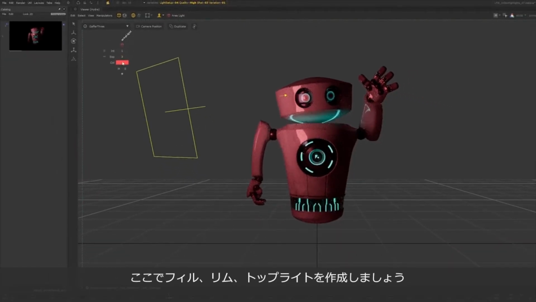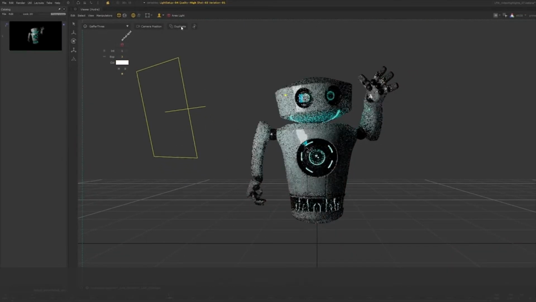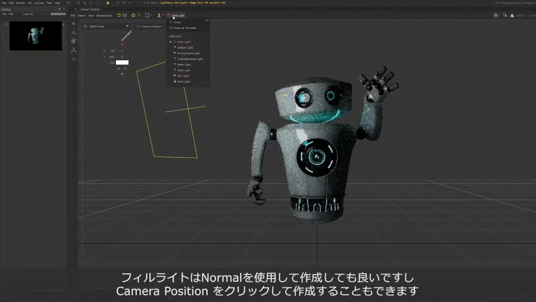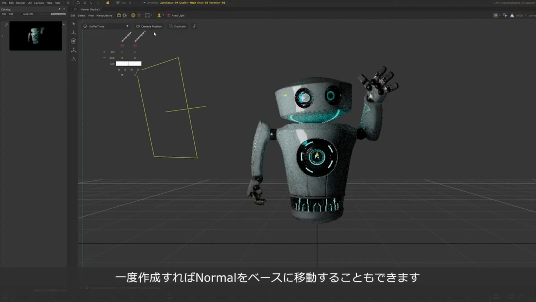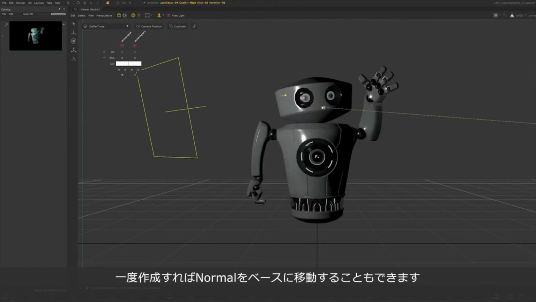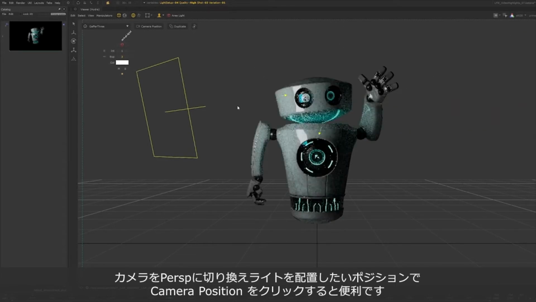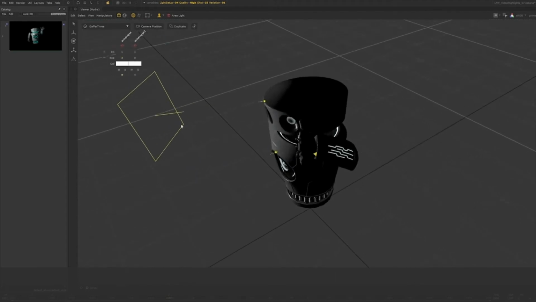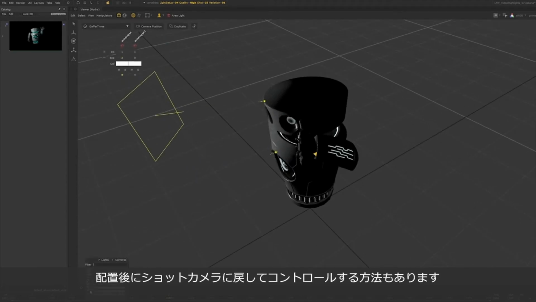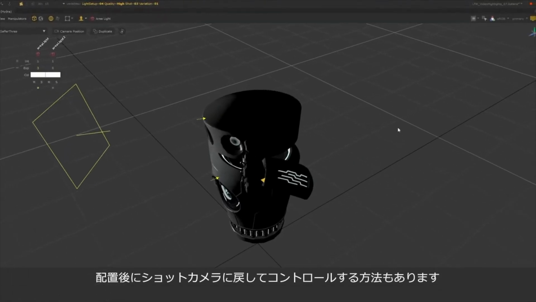Now let's go ahead and create a fill, rim, and top light for the character. For the fill light, I can choose to create it just like we did using one of the normal modes, or I can simply click on the camera position button. Once created, you can adjust the light parameters and also move it based on the normals. This allows you to swap from the camera view into perspective, get the camera into the light position you want, and tap this button. You can quickly return to your render camera by selecting it on the menu or deactivating